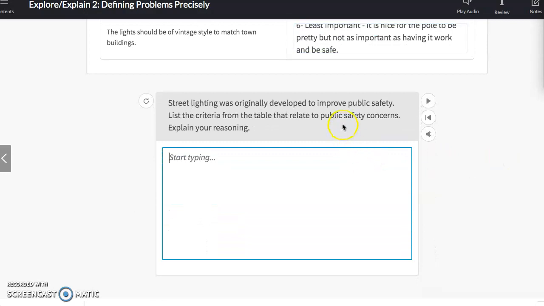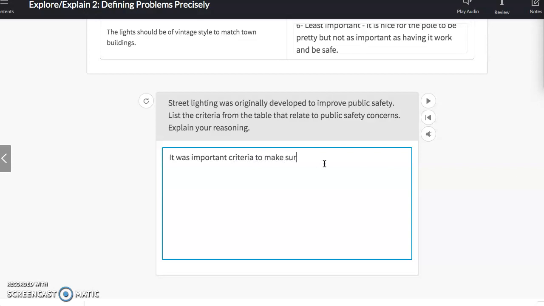Street lighting was originally developed to help with public safety. List the criteria related to public safety concerns. So when we're talking about being in the public and why that would be so important, it was important criteria